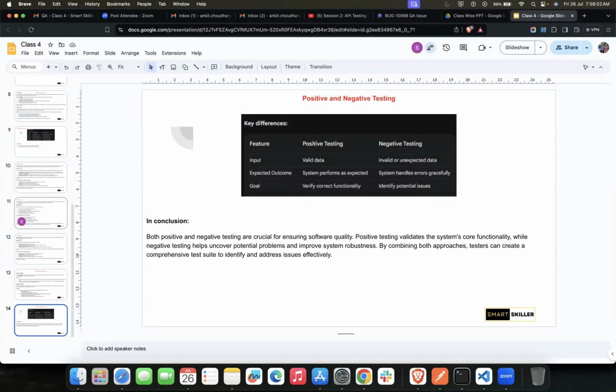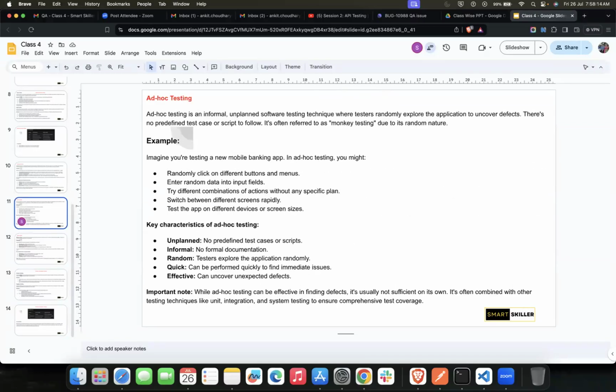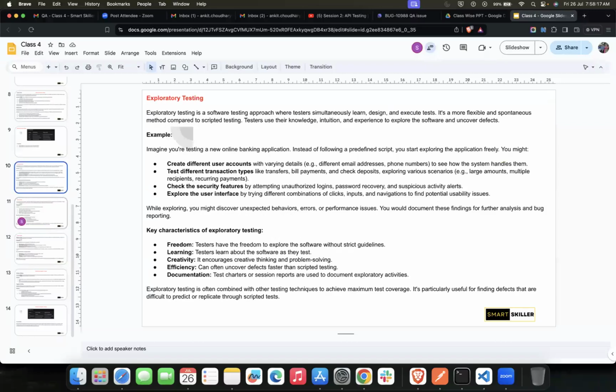Please try to understand these topics as much as you can on your own. If you have any doubts, you can write them down. We were discussing exploratory testing right now.